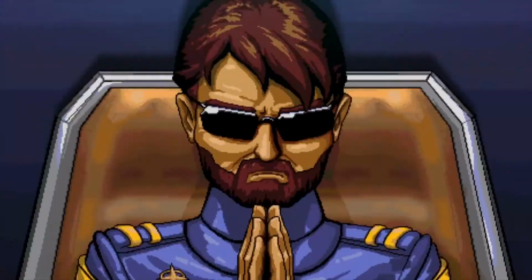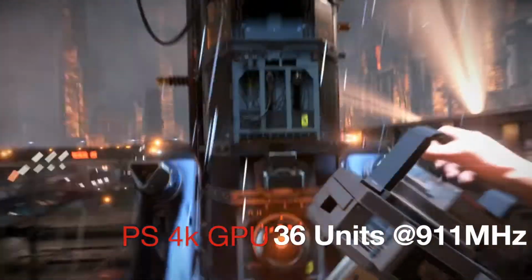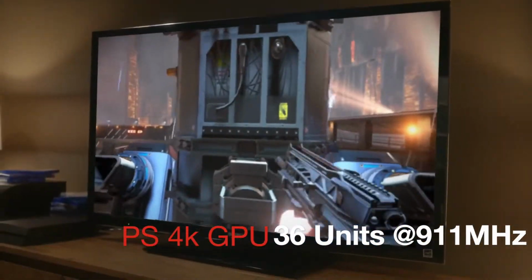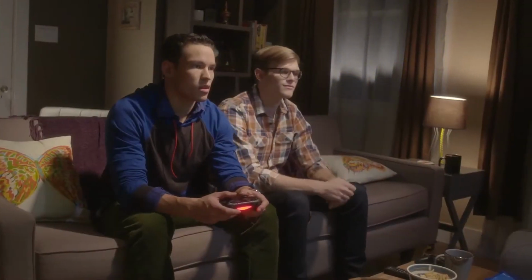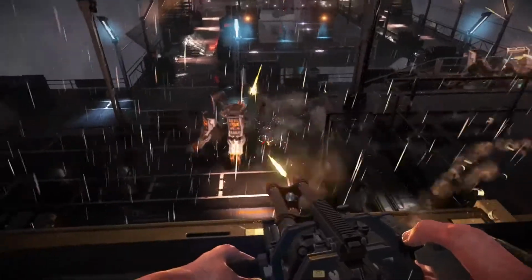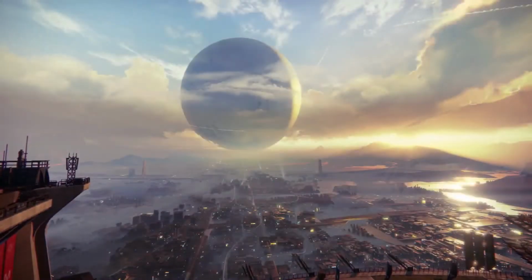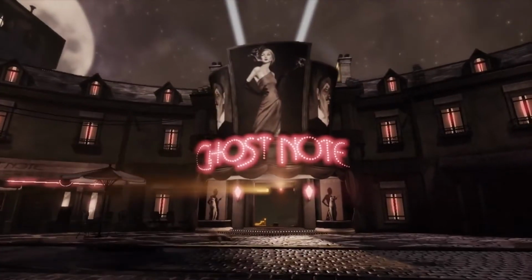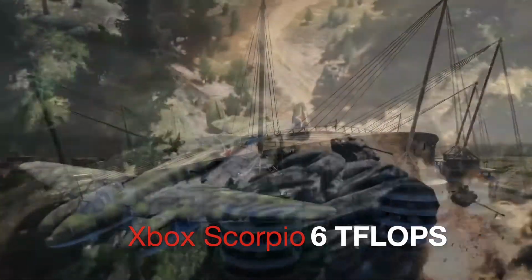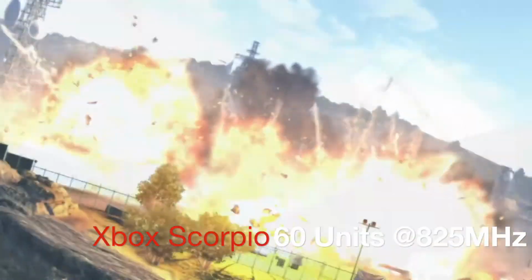Nonetheless, though, moving on to the GPU, the PlayStation 4.5 is expected to have 36 improved GCN units running at 911 megahertz, and this is based on the AMD Polaris 10 core that's coming out. And it's going to be around 4.2-ish teraflops of GPU power, versus the Xbox Scorpio, which is going to have a rumored, or not rumored, I guess they said it in the video, 6 teraflops of GPU power, and this is going to have roughly 60 GCN units running around